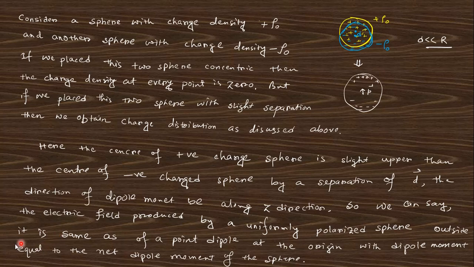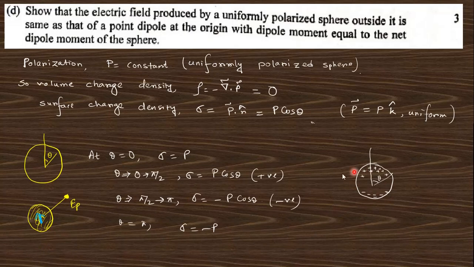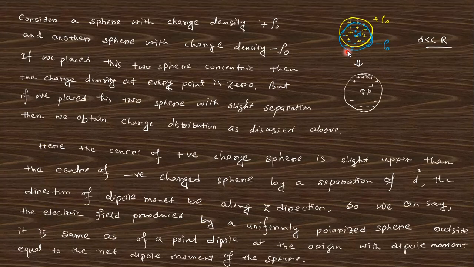That means there is a surface charge density like that. In a similar fashion to what we just discussed here, you can see this is nothing but a dipole, because the positive charge distribution is centered here, and the negative charge distribution center will be like this. So there is some small separation between the positive charge and the negative charge.